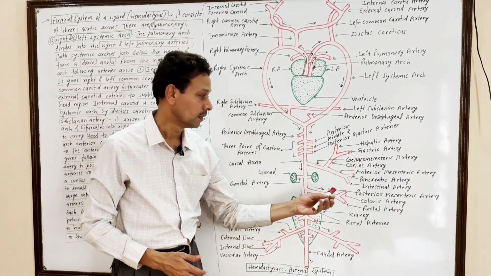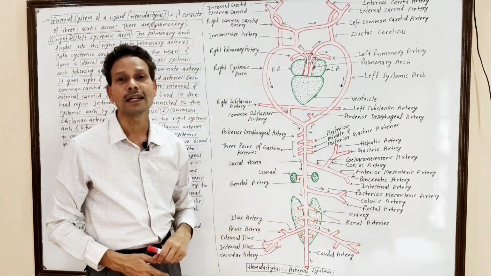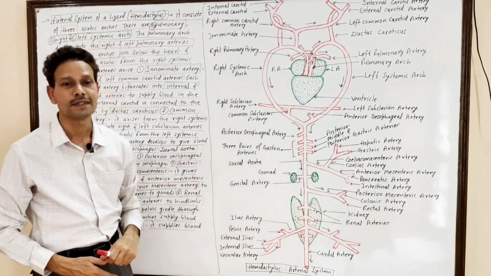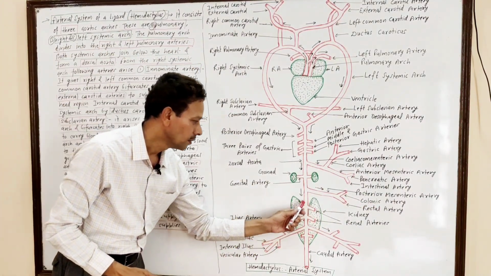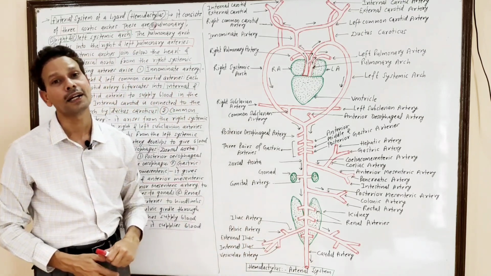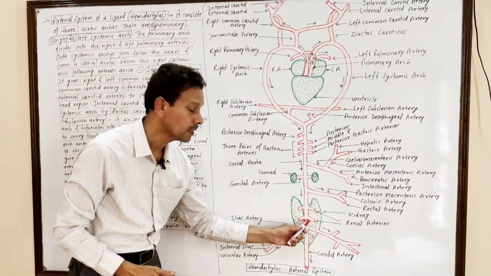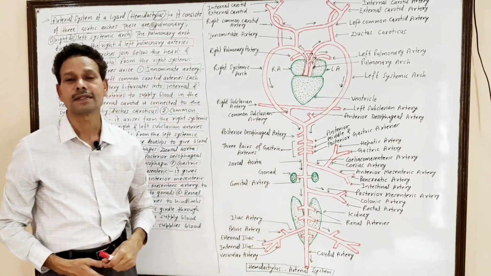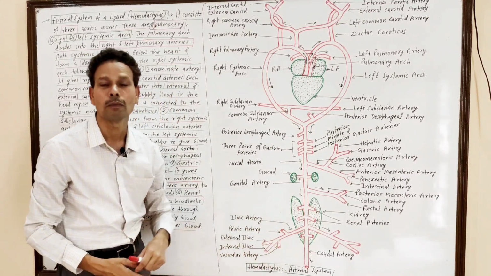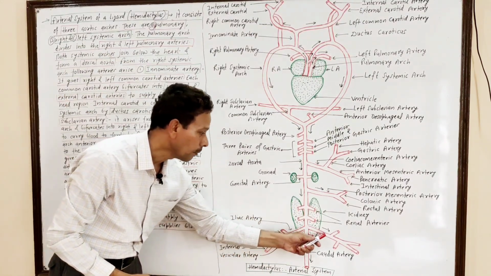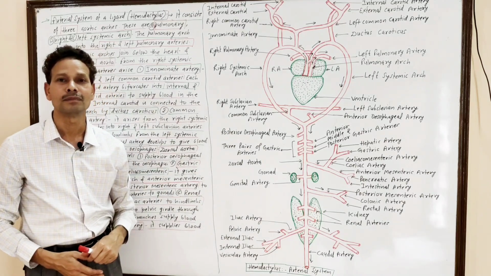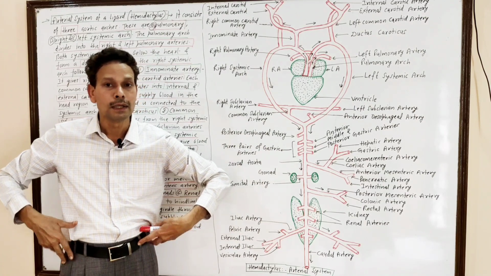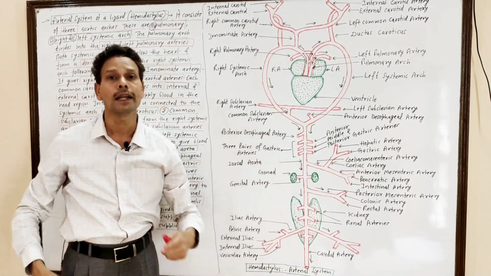Colic region, rectal region through the colonic artery and rectal arteries. Then a few renal arteries, and these renal blood vessels supply blood to kidneys. In this lower part of body, this main blood vessel is the iliac artery. This iliac artery supplies blood to lower abdominal parts, pelvic region as well as hind limbs.